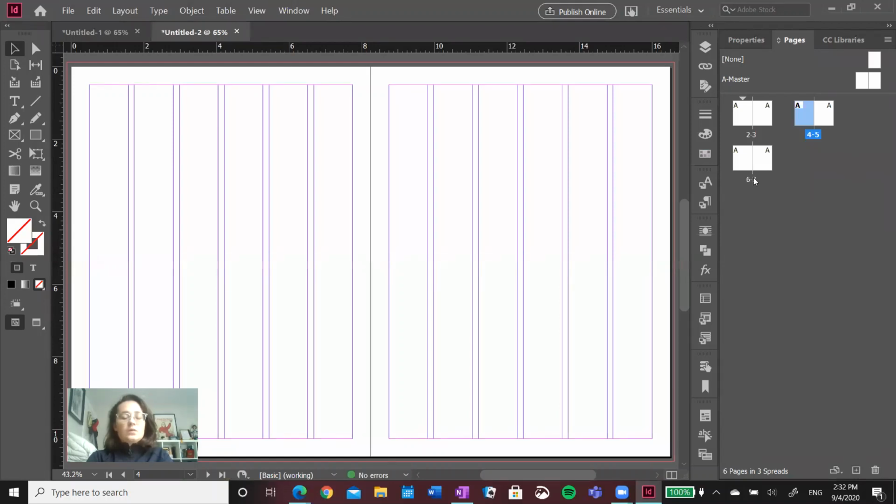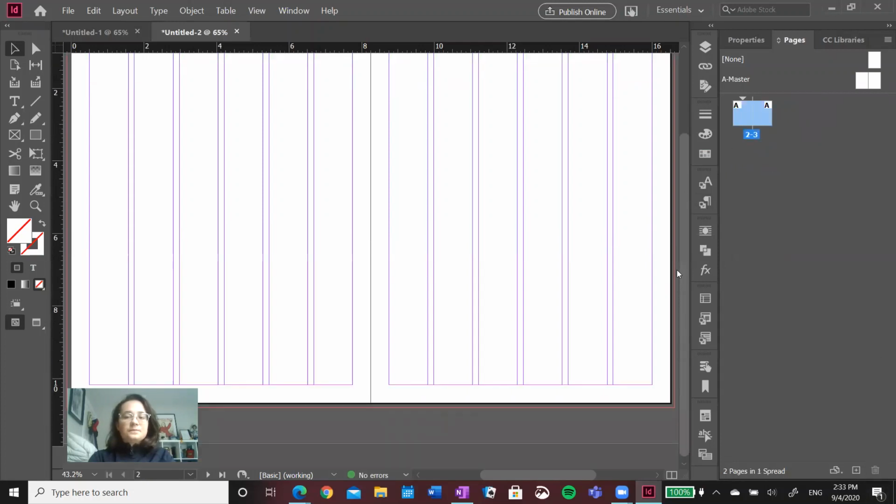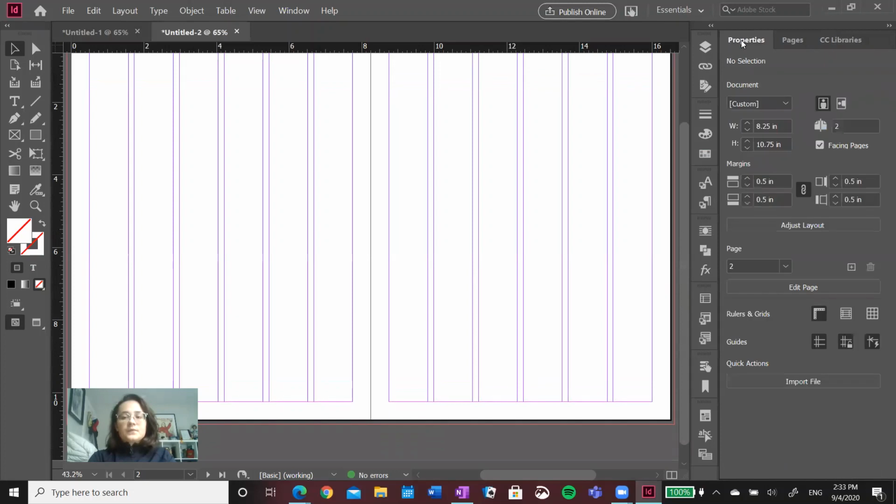But say you don't need that many pages, you only needed 2. Then you can click on these and push the trash can towards the bottom. So now I only have 2. And these right here are your page properties, your document properties. So your width, your height,